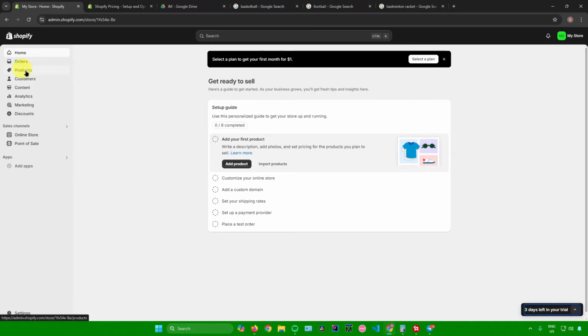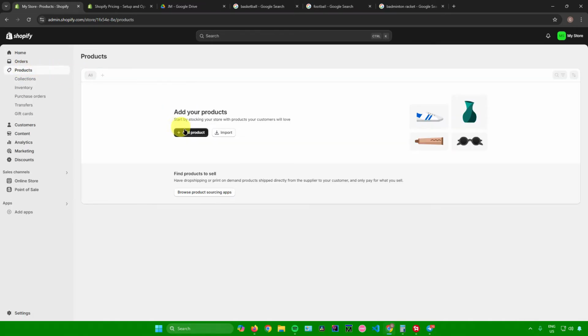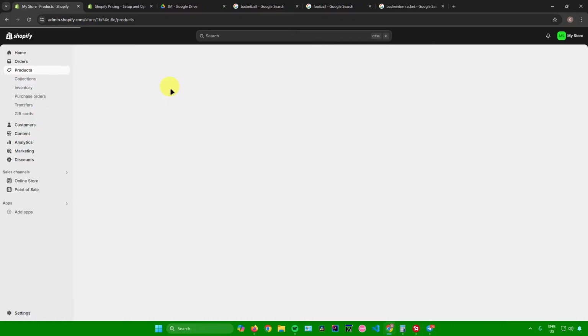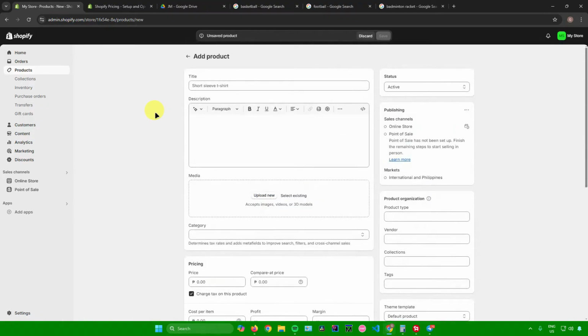So to do that, just go to products right here. And then from here, to add your product, just click on add product right here. And then after that, you'll be redirected here. So what you want to do first is to add your item or product. So as an example, I'll be selling a basketball, and then after that just input the description of your product